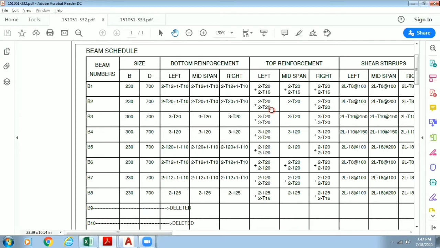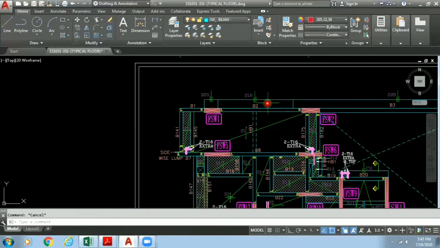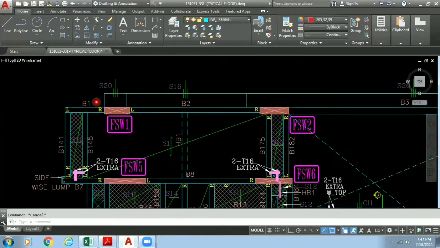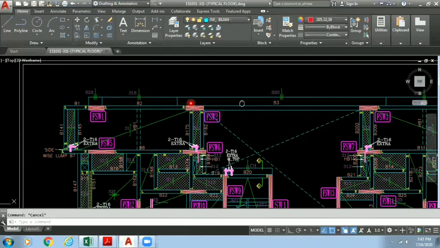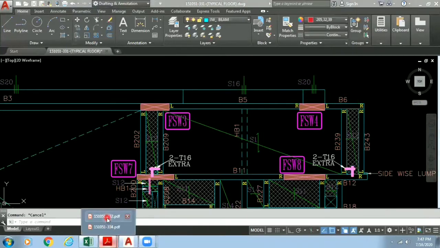So what we can do to verify this is check some other beams which will be symmetrical at this place. Since B1 and B2 are at the end position of the building, we will check the opposite ends, B5 and B6.